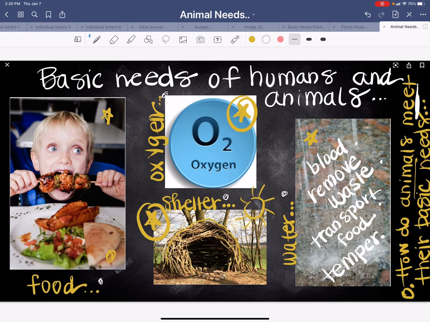And shelter, remember, shelter protects us from the sun. It also protects us from harm, from creatures that might want to harm us or predators that might be looking for us, and it prevents us from getting illnesses. All right, and then we're going to look at oxygen. Without oxygen, without air, humans and animals would die in just a short time. Mammals, land animals, and humans, we need air. We need to be able to breathe air to get oxygen.